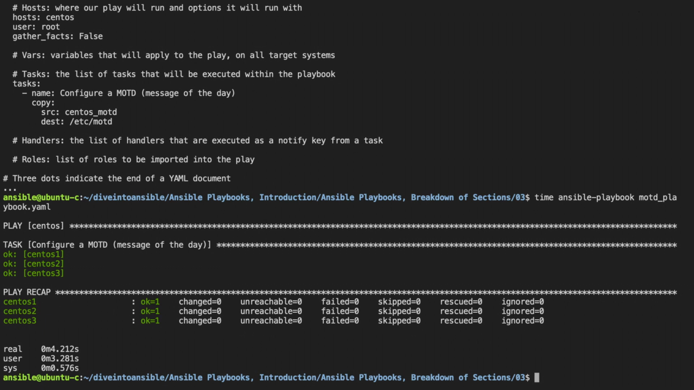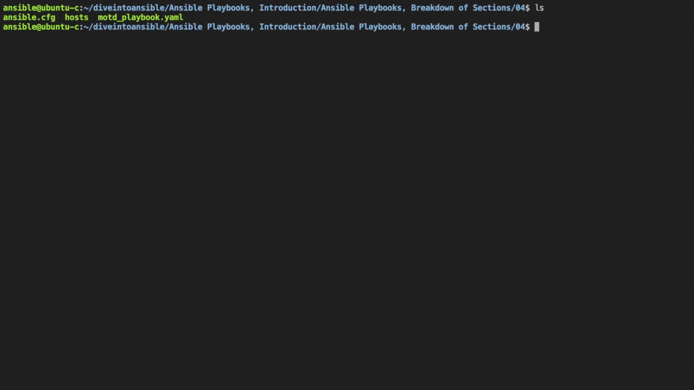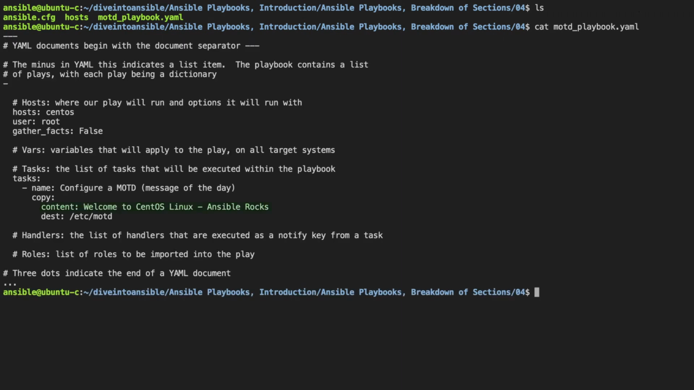Go into revision 4, and if you ls here, we no longer have the CentOS_MOTD file. And if we bring up the playbook, you can see there that we have the entry for content, where we've actually written implicitly what we had as the default in the CentOS_MOTD file. If we try this,